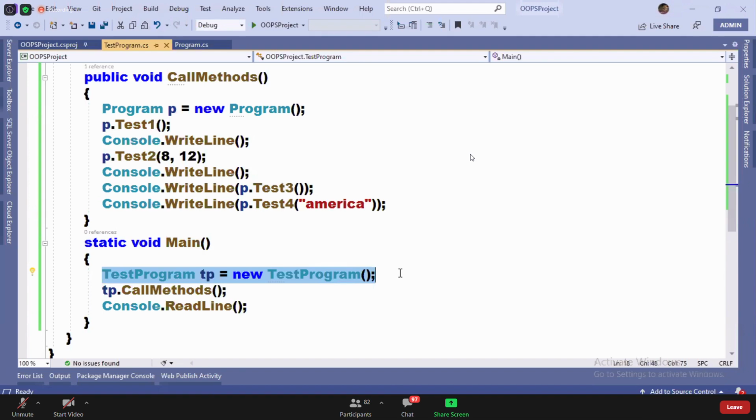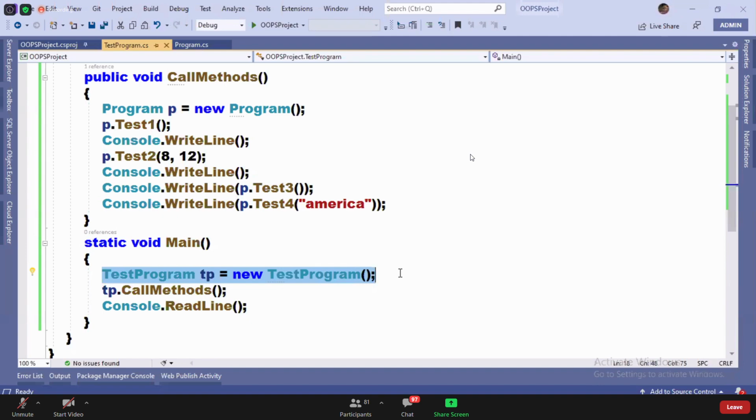Okay. Whatever I said, I will show you practically. How? There is a concept called debugging.